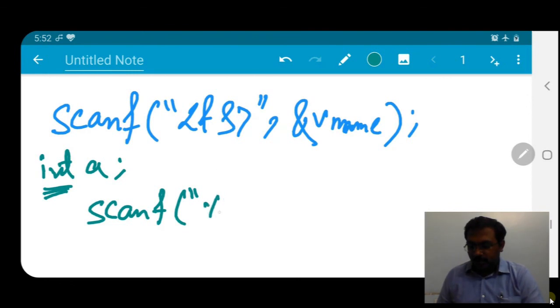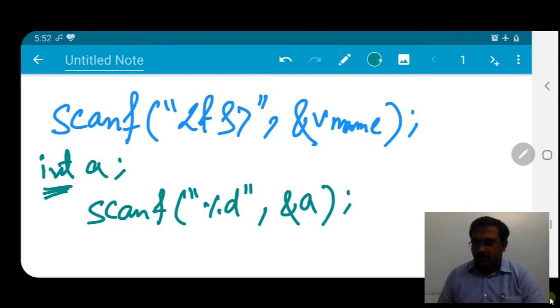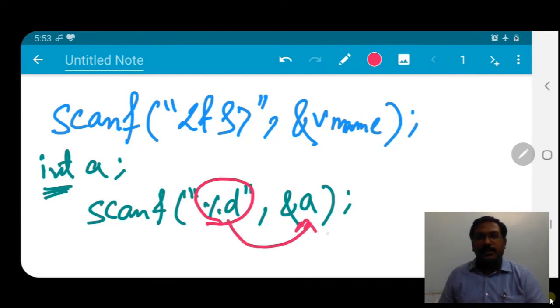You have to write %d, double quote and comma. The variable name is a, so we have to write ampersand of a, bracket and semicolon. So what does it indicate? It tells the compiler to accept a value from the user, which is of integer type, into an integer type variable named a.